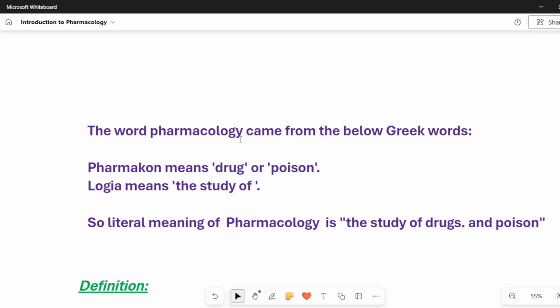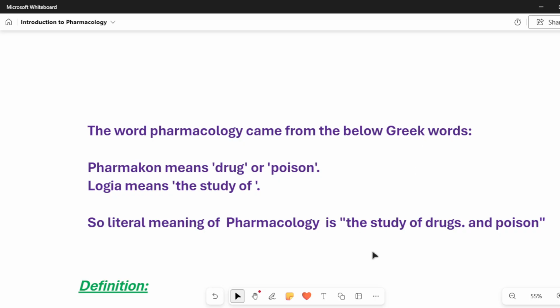That is how that word was derived. Pharmakon means drug or poison, and logia means the study of. So, the literal meaning of pharmacology is the study of drugs and poison. This is the definition we get by looking at the Greek words.